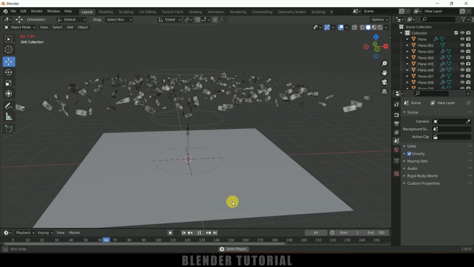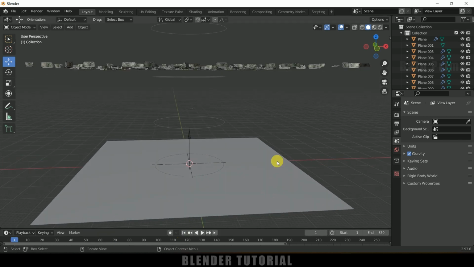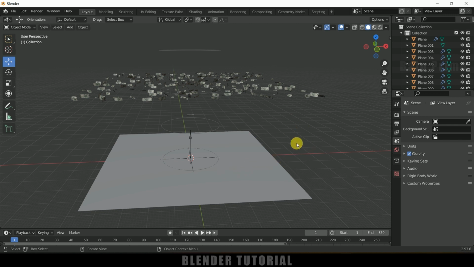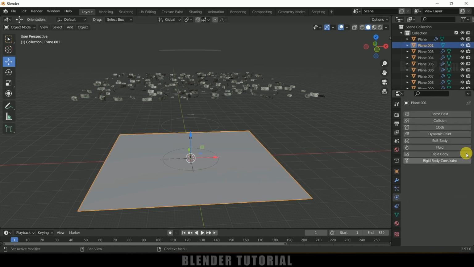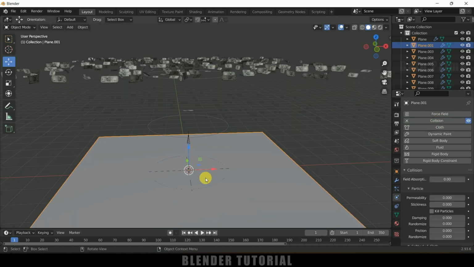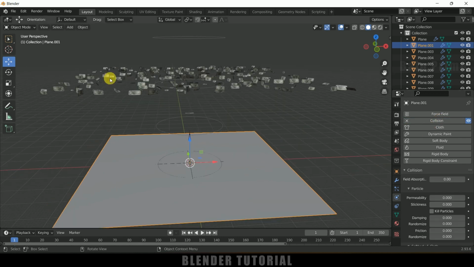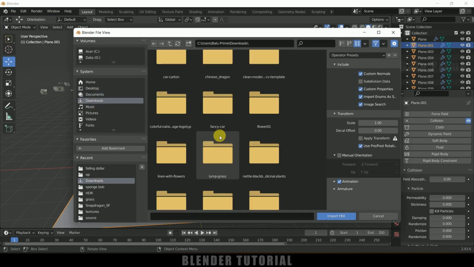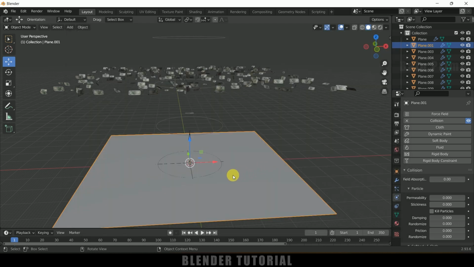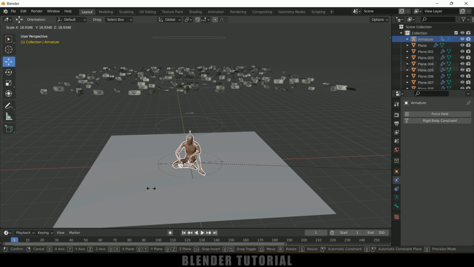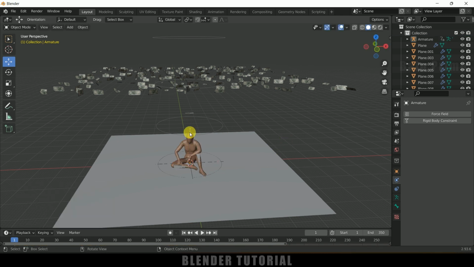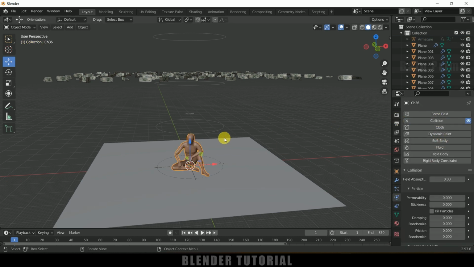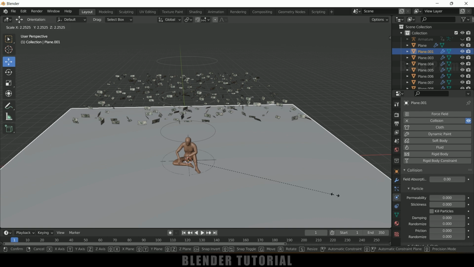Okay, nice. Now we need to make these particles collide with the plane. For that we need to add a collision property onto this plane. Select the plane, come to the physics property, add collision, and also I will place a character here. Let me go to File, Import, it is an FBX file, and let me select this FBX file, and increase the scaling here. Okay, let me hide this armature, and apply collision properties onto this also. Let me increase the scaling once again of this plane.